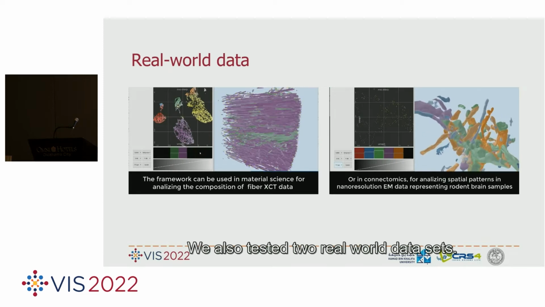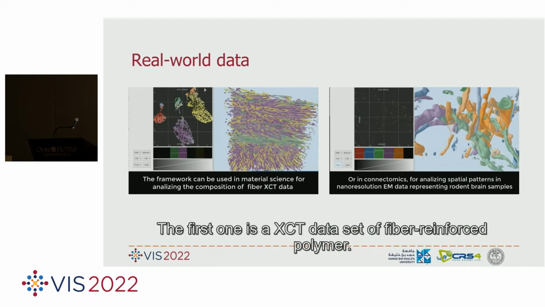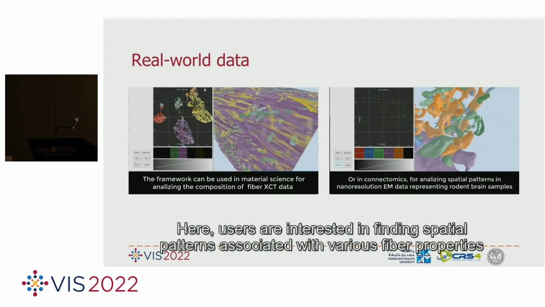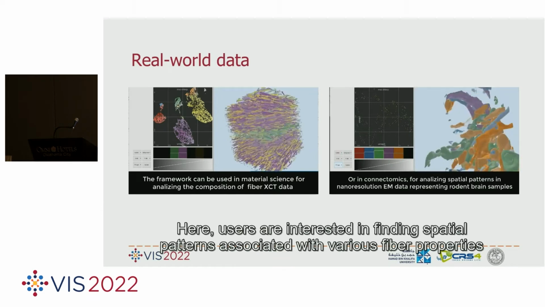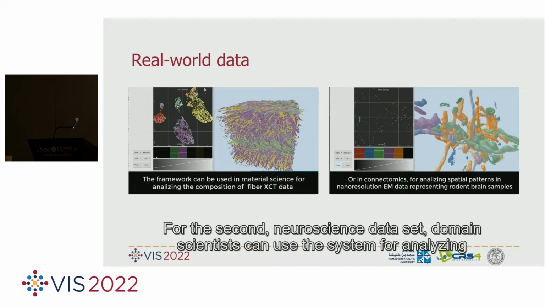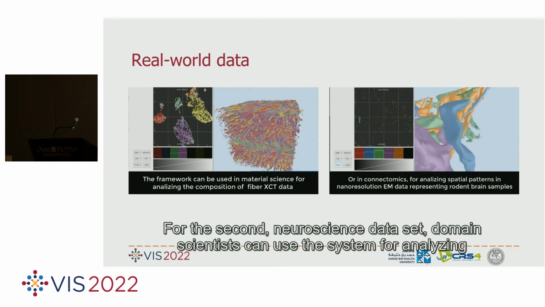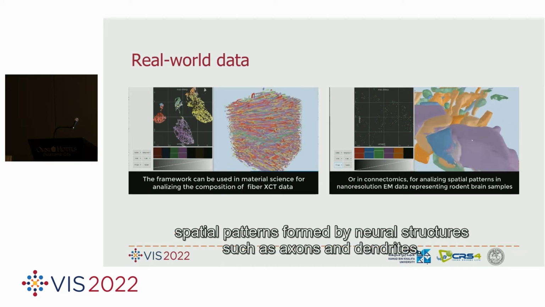We also tested 2 real-world datasets. The first one is an XCT dataset of fiber-reinforced polymer. Here, users are interested in finding spatial patterns associated with various fiber properties such as length, diameter, and orientation. For the second neuroscience dataset, domain scientists can use the system for analyzing spatial patterns formed by neural structures such